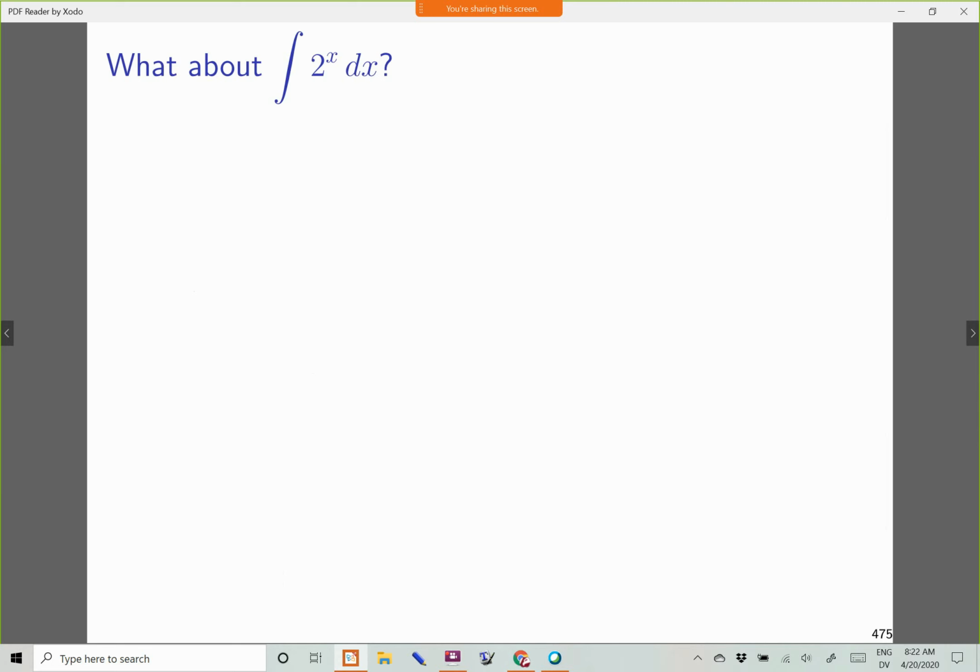Now what about this? We have sort of hinted at this using the warm-up last Thursday, but let's talk about this formally. So what if you were given the antiderivative of 2 to the x dx? Well, first I want to remind you of the kind of thing we looked at in both the warm-up and after the warm-up last Thursday.